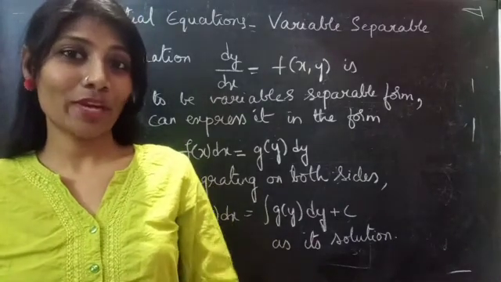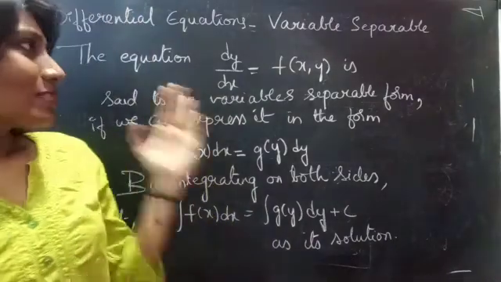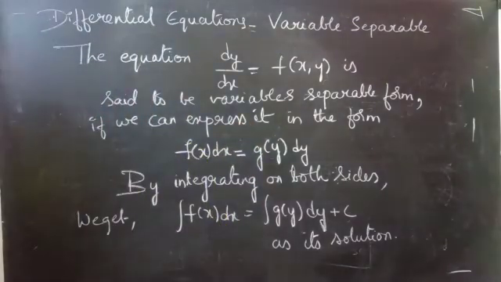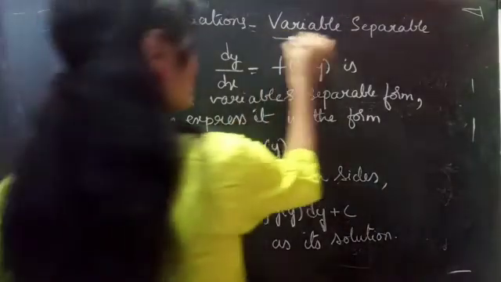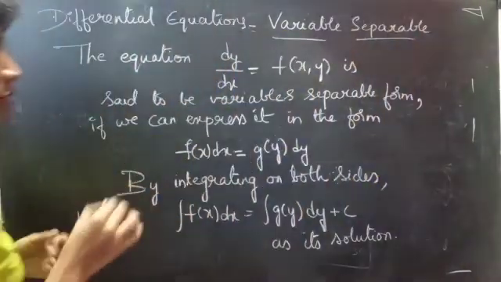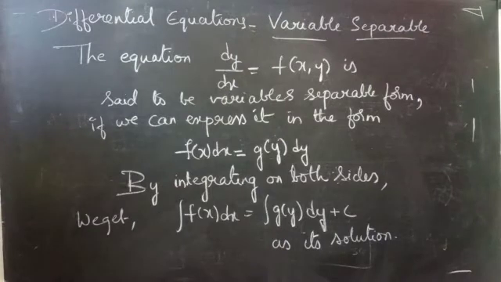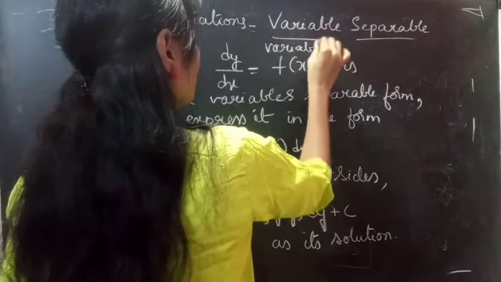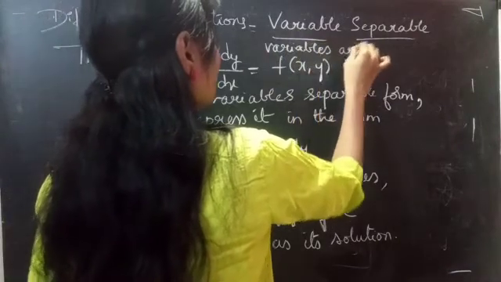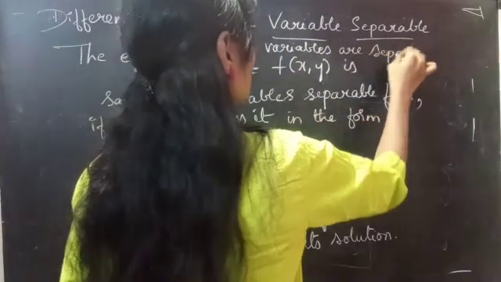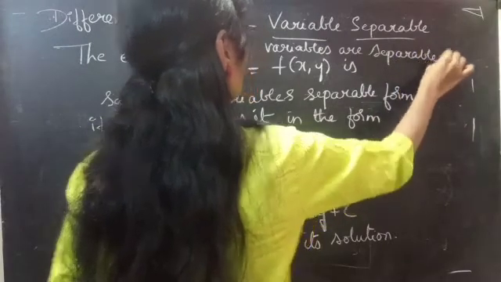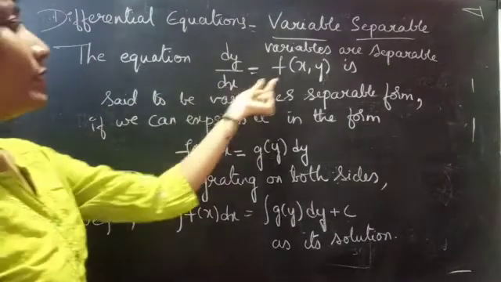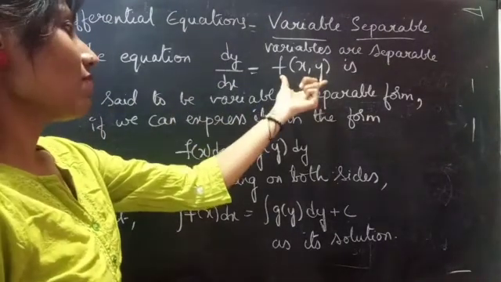So in this video we are going to see the variable separable method from differential equations. Variable separable method is nothing but the variables are separable. Okay, so the equation dy by dx equals f of x comma y, that is a function of x